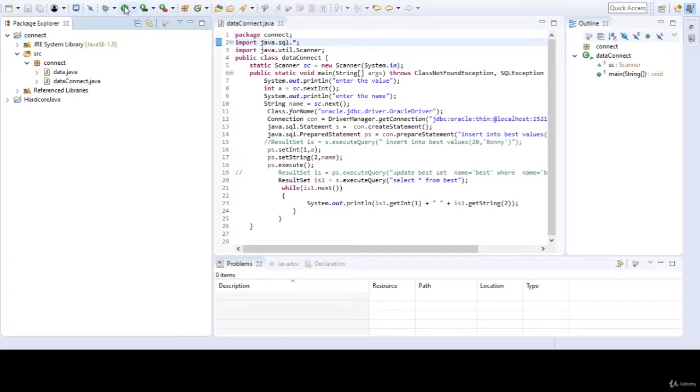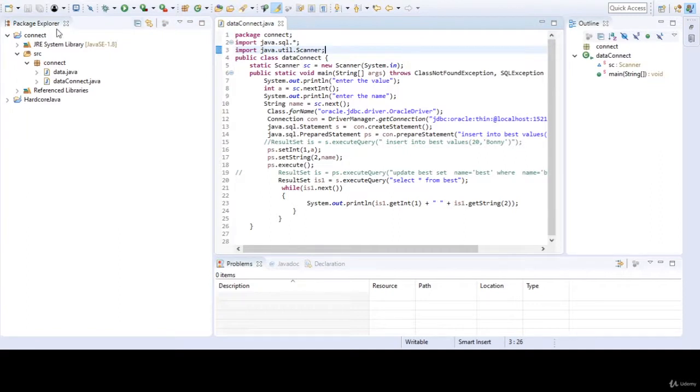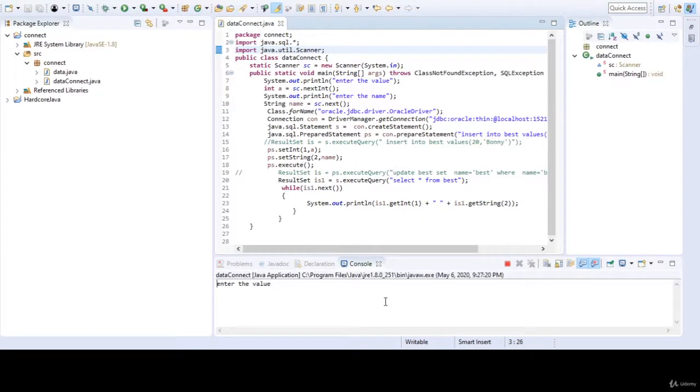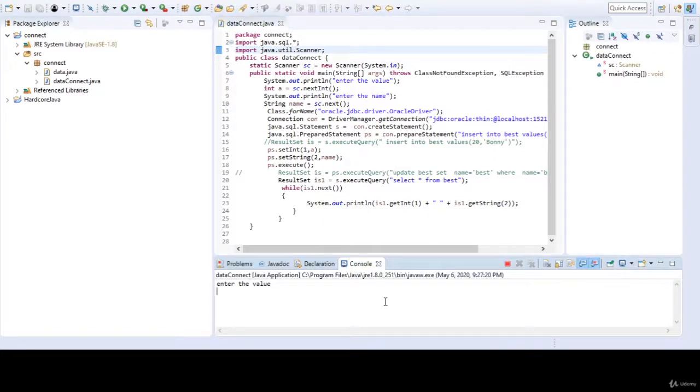So after executing this, if you now save this and run this, you will be getting the output you expected, right? So I will write here 10 and the name I will give as me, right? Now after entering this, the code is getting executed and this is our list, right? 5 kg, 5 John, 5 John, 5 JH and 10 me, right?